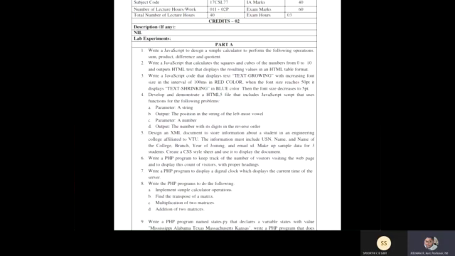This is your first lab, that is your second lab programming language, where the table format will be present in your second module. How to get an output?